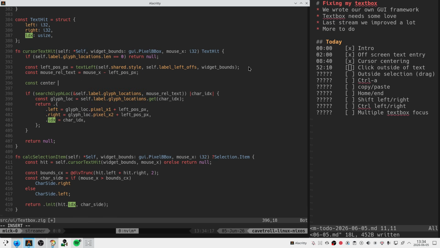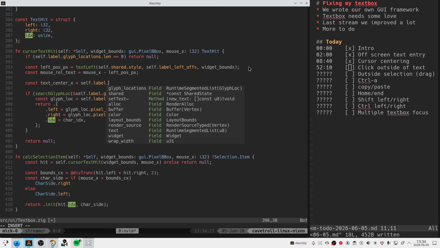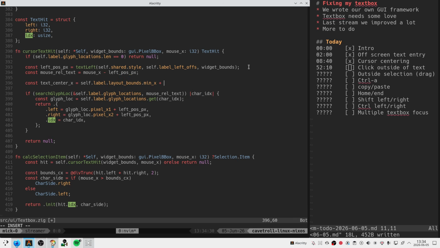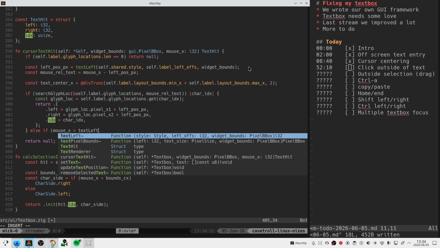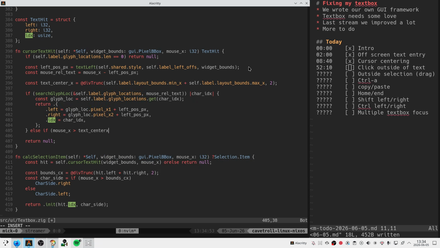The text center x is going to be the min x plus max over 2. We don't have to be so precise about this like we did with the last thing, I don't think. Because we're saying, give me the center of this thing. If the mouse is right of that, then return